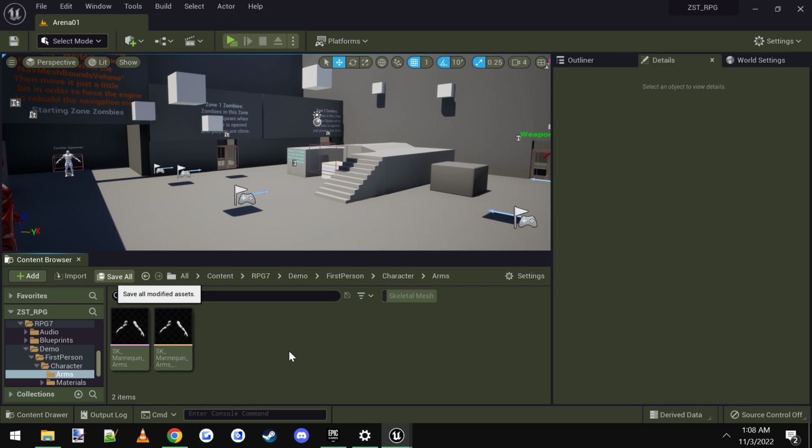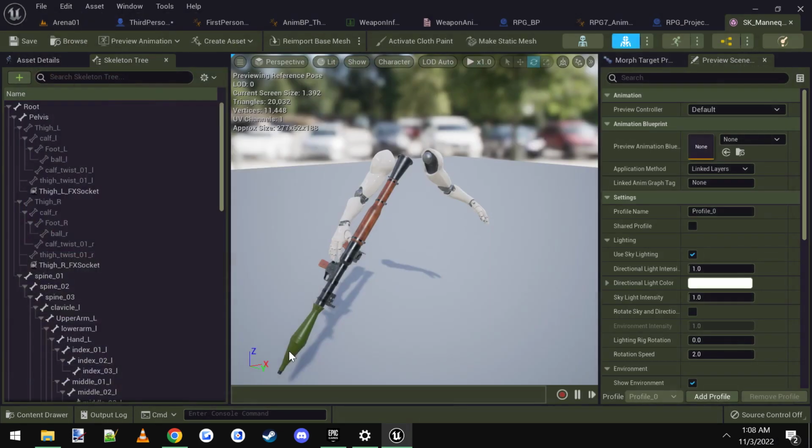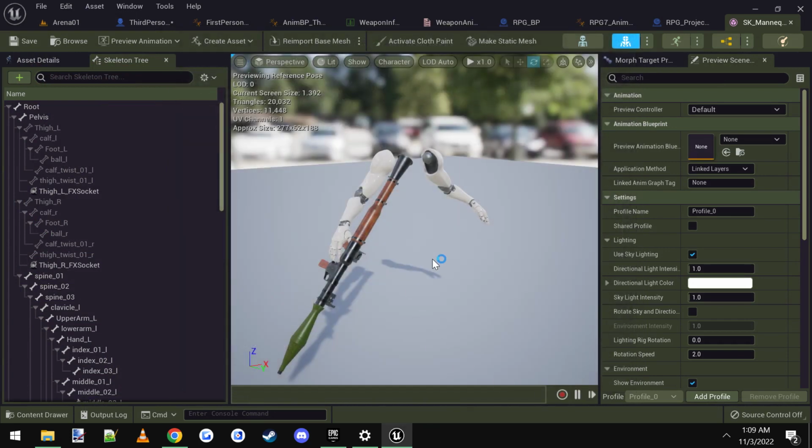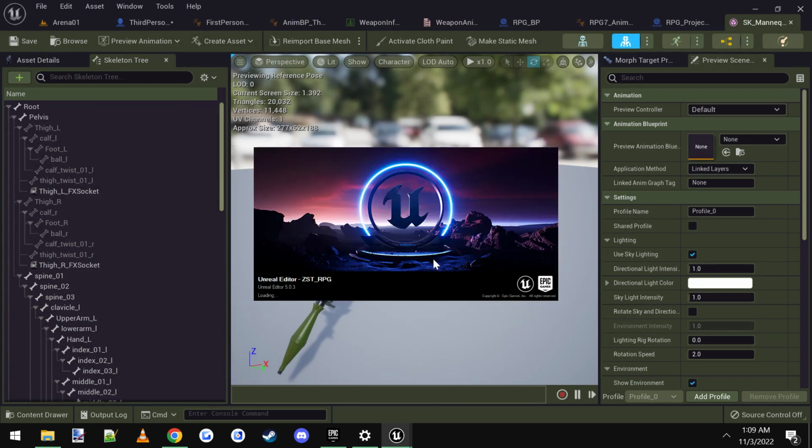And maybe it did crash. Nice. Very nice, Unreal 5. Alright, we're gonna just send and restart then. It's probably because I have two instances open and a lot of assets open on both projects, but welcome to the Unreal Engine 5, right? So bear with me here